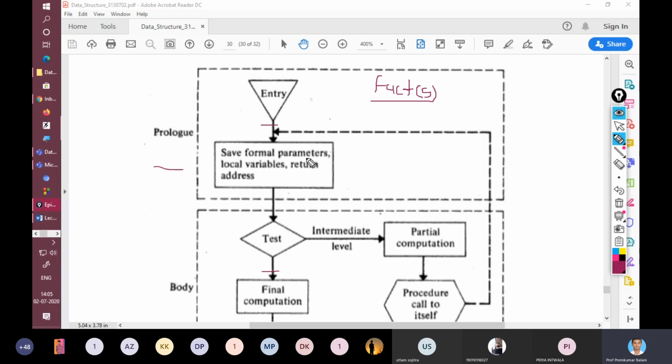This value of 5 will be stored, any local variables will be stored, and return address will be stored. Return address means after returning from this function where has to be returned, right? Here we want to return, right? Suppose this is the program, it has equations, and then this is also the equation, one statement. There are statements above the calling of this function and below the calling of this function. So after this function is returning, we have to return to this address. So that address also need to be pushed to the stack.